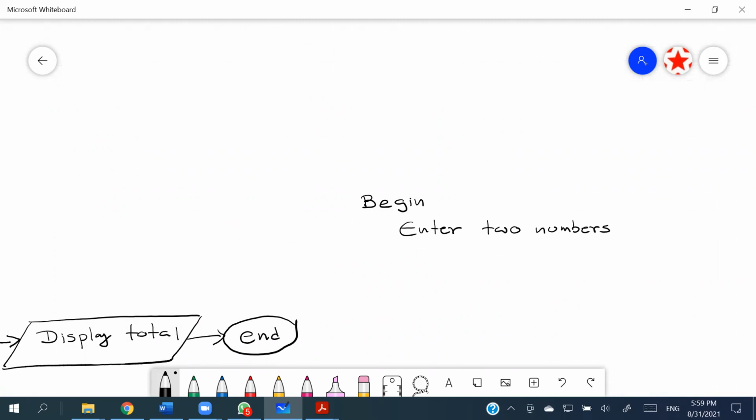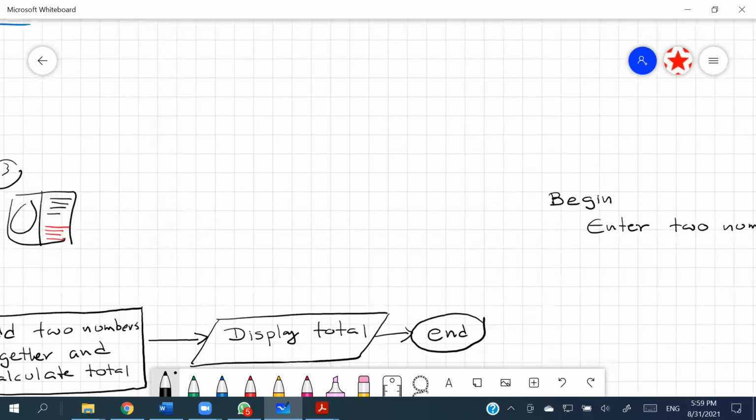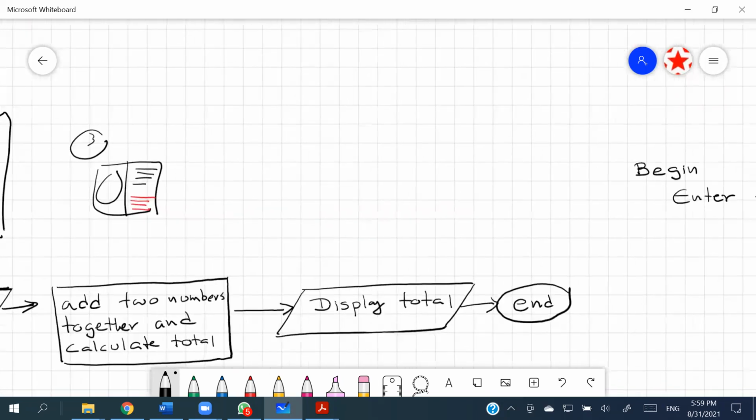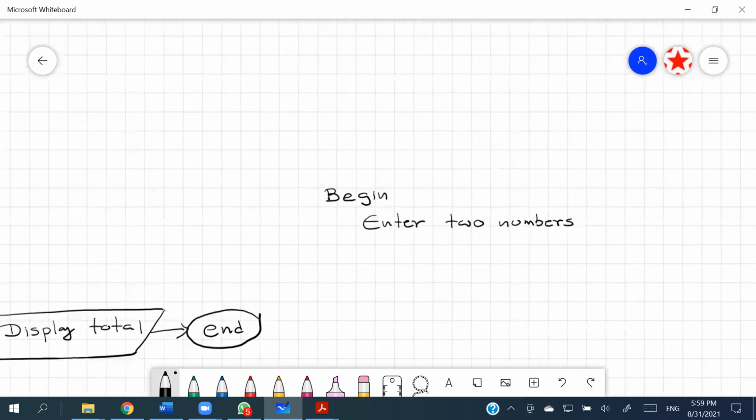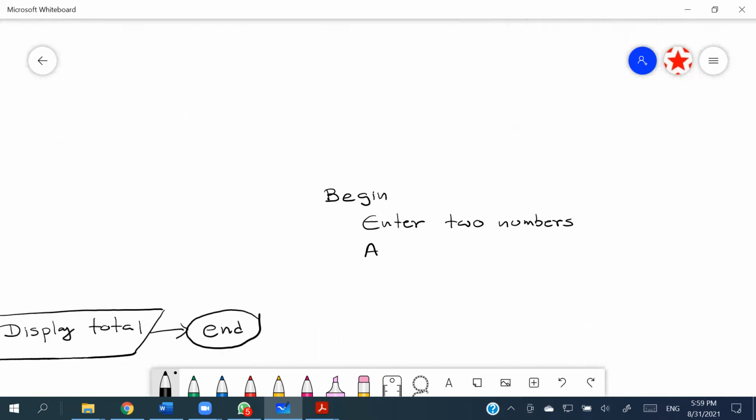This indentation is not a must, but it's better you practice it, because Python is based on indentation. Enter two numbers. Then, as the flow chart says, add two numbers together